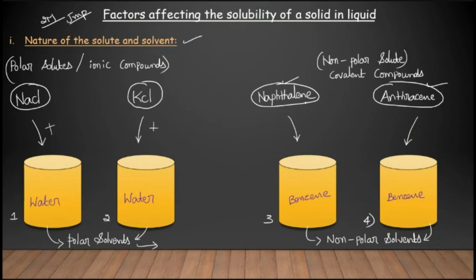In the same way, when you see the naphthalene and benzene interaction, here also naphthalene will get dissolved in benzene very easily. So why does this happen? And if I interchange this, suppose I take naphthalene and drop it in water, will the dissolution happen? The dissolution will not happen. Why? Because only a like substance dissolves in a like solvent.